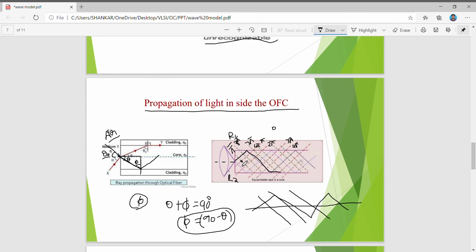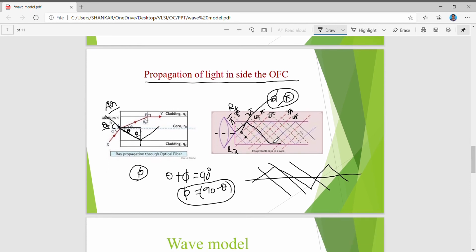At this position the difference is 0, and at this position this signal has the phase angle of pi and this signal has the phase angle of 2 pi, so it gives the difference of angle pi. In this condition the phase angle difference is 0. At this position the phase angle difference is pi. Based upon the phase difference of two signals, there will be interference.